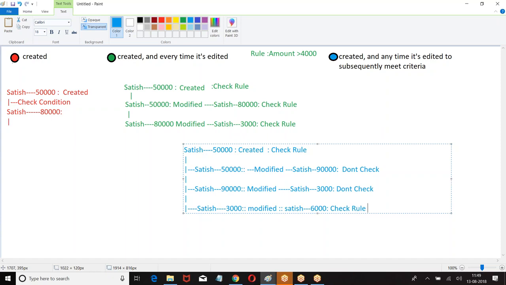What is the third rule now? Boss, when a new record is created, check the rule. What is the second one? When a new record is created, check the rule.